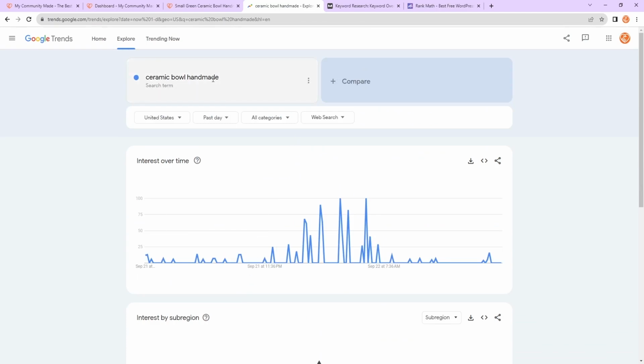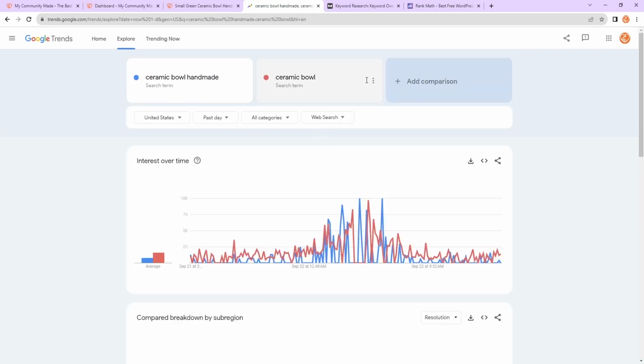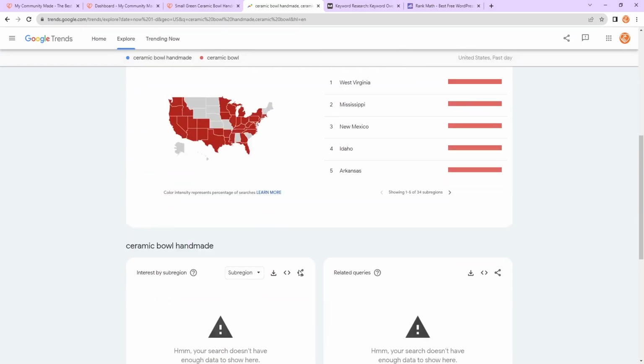So let's compare that ceramic bowl handmade with that handmade modifier. Let's compare that to the generic term ceramic bowl. So you can see that the competition of ceramic bowl is much higher. The search trend traffic is also much higher for the word ceramic bowl. You have an average interest of 16 compared to an average interest of 8. But if I scroll down here, you can see